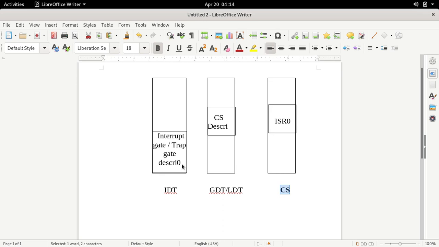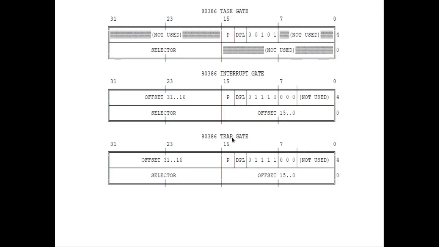Now this descriptor 0 can be either an interrupt gate or a trap gate. Here I am not considering the task gate. First of all we will try to understand the interrupt gate and trap gate, and then we will move to the task gate. So let's assume that descriptor 0, which corresponds to the type 0 interrupt, is an interrupt gate or trap gate descriptor. We have seen the format of interrupt gate and trap gate. Both gate descriptors contain a selector as well as an offset field. The question is, what is the role of this selector, and what value should you store in the selector and in the offset address?